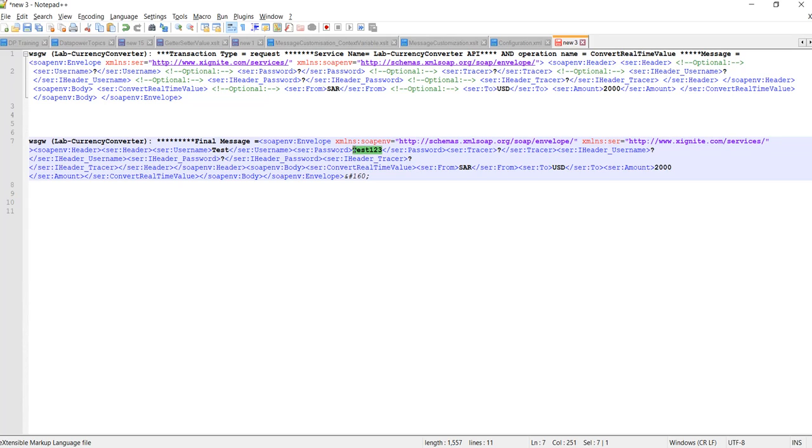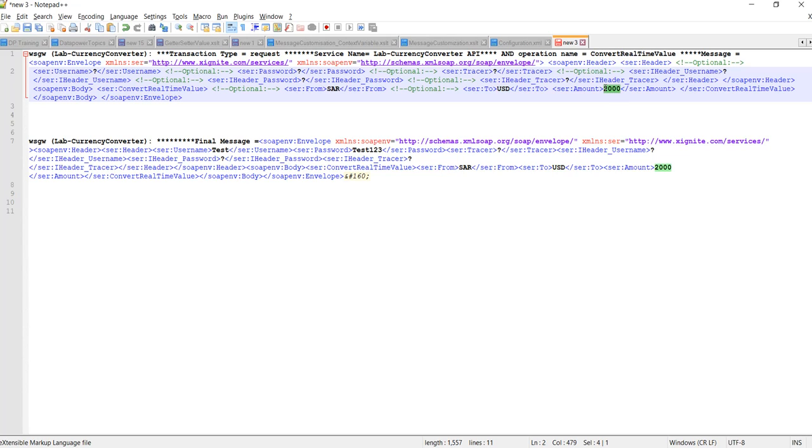The same we can see in our final message. And the value is the same value which we passed in our request message: SAR to USD, and the amount is 2000.